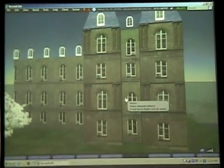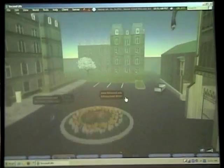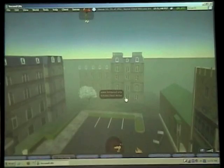Yeah, and if you fly straight up on the roof of Main, you'll see a flagpole and you'll see a bell. If someone clicks on the bell,